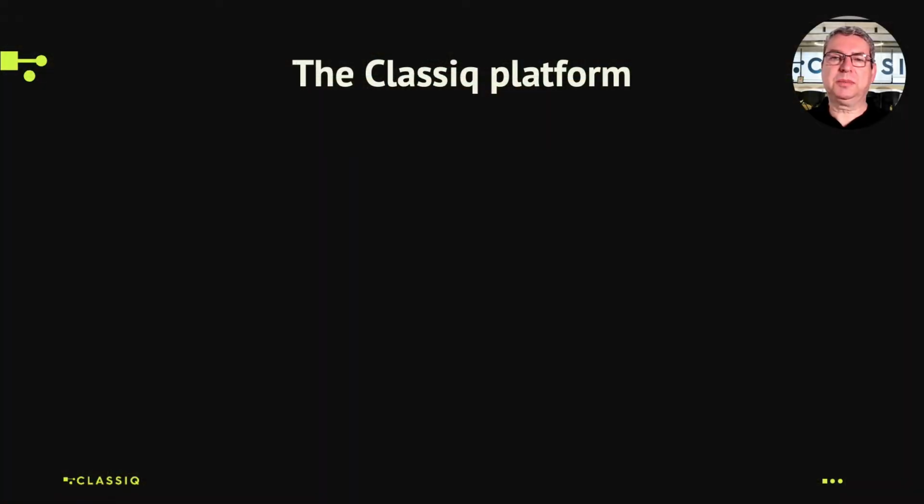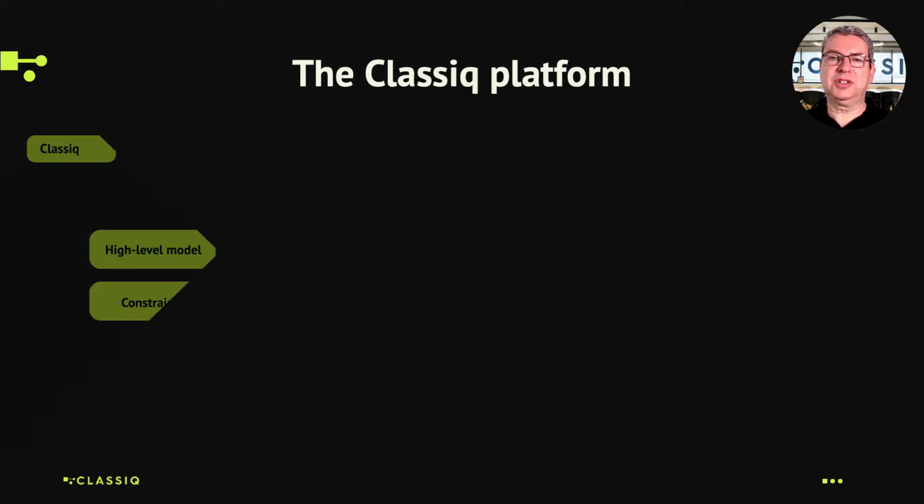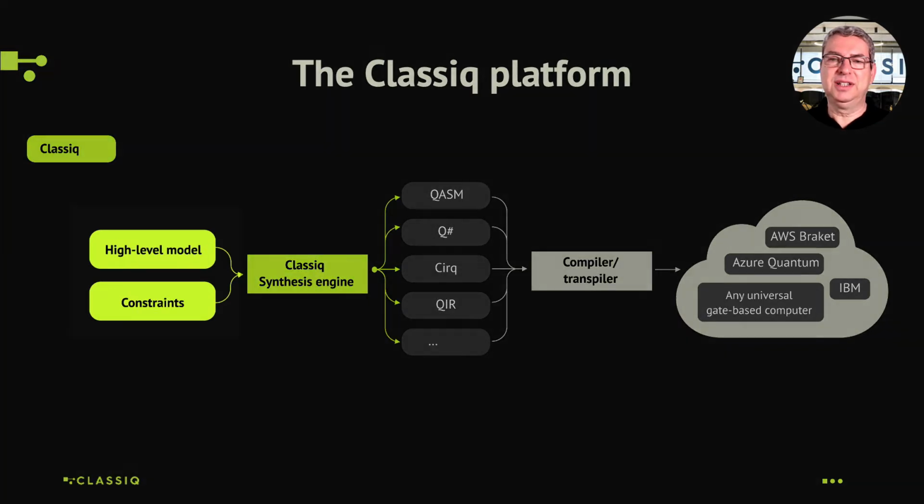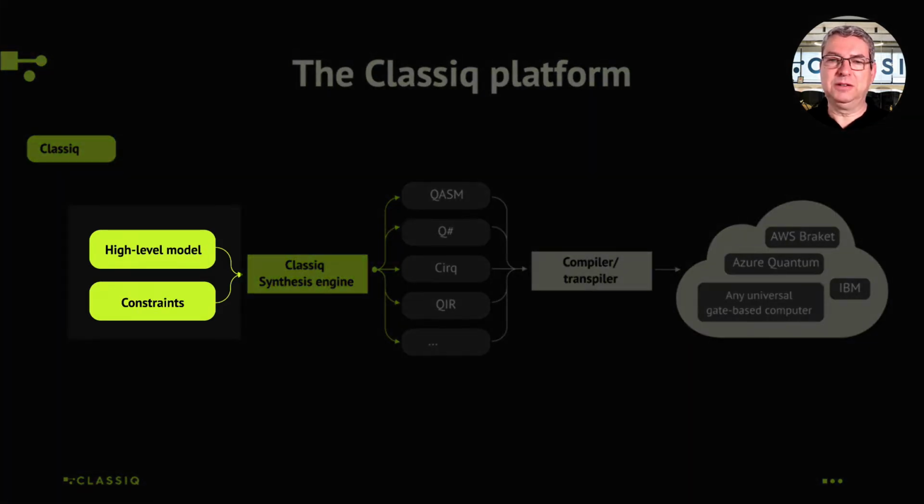To get the most out of the Classiq platform, it's very helpful to understand its concept of operation. Let's dive into this a little bit. The most important job of the platform is to generate quantum circuits that can efficiently run on quantum computers or simulators. This process of generating a circuit, sometimes called circuit synthesis, takes two main inputs: a high-level functional model and